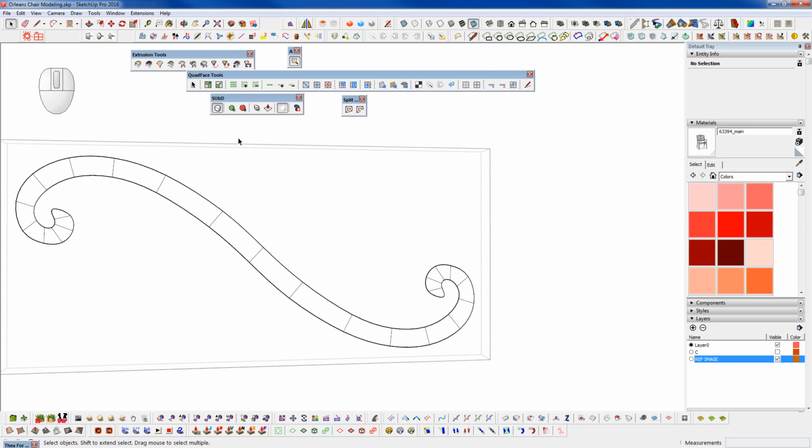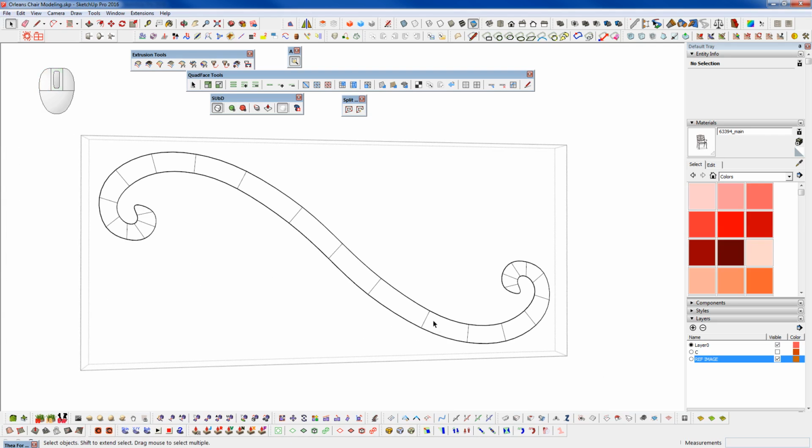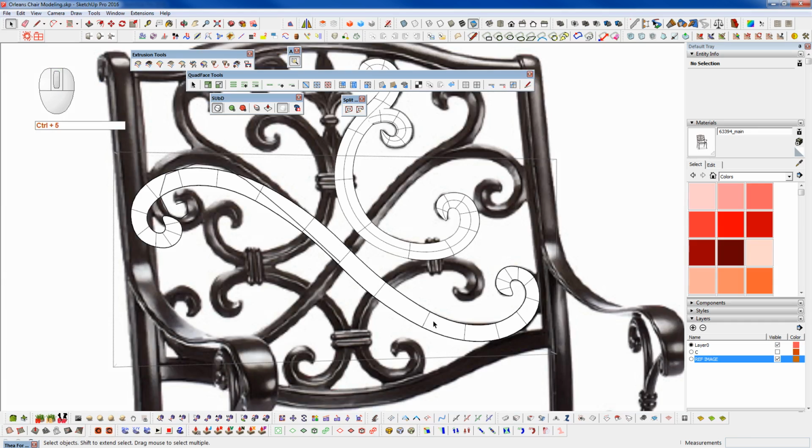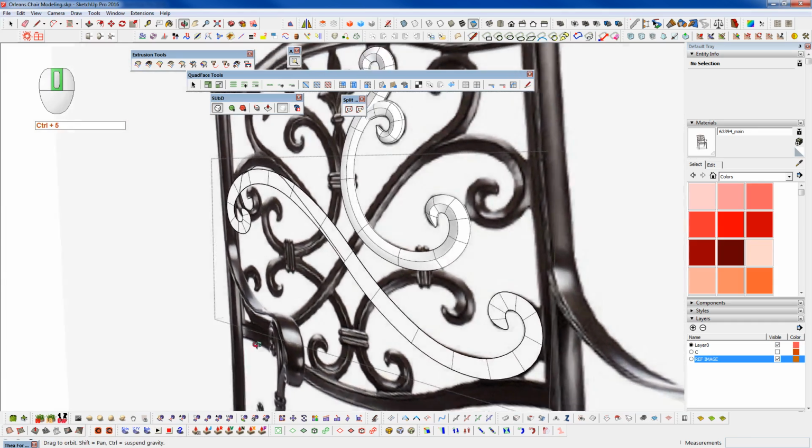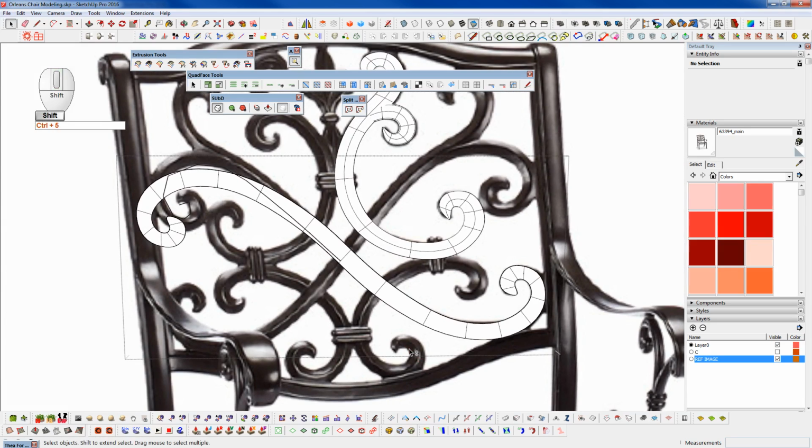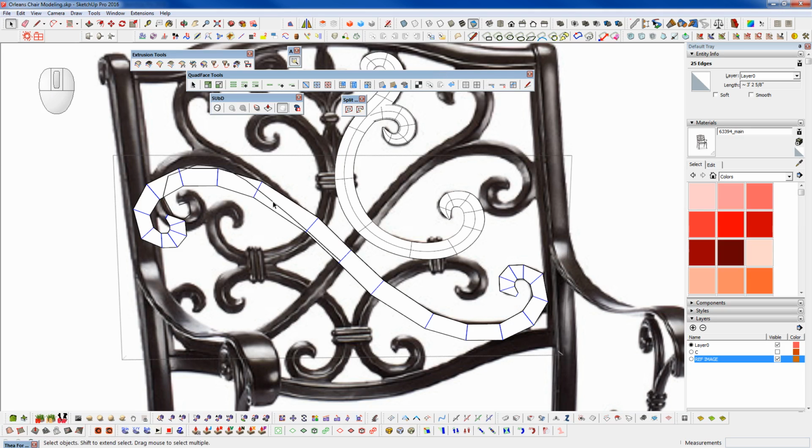It doesn't look bad overall. Happy with that. So now I can just get in here and let's do a ring selection and actually delete